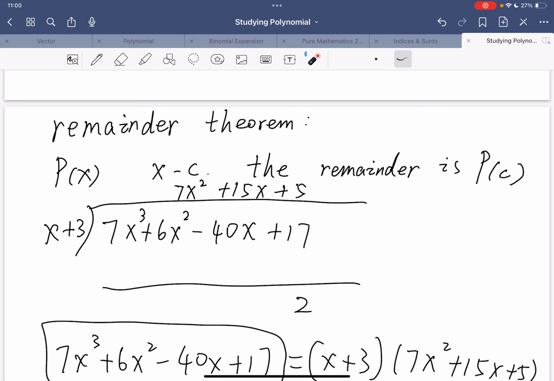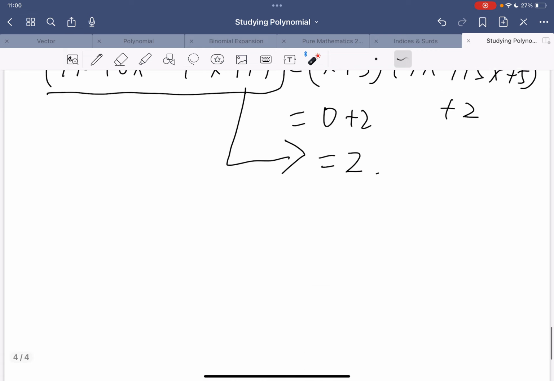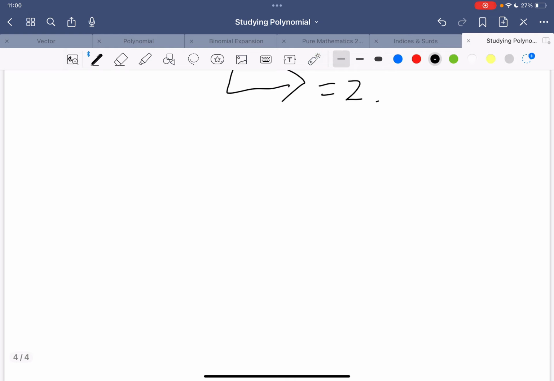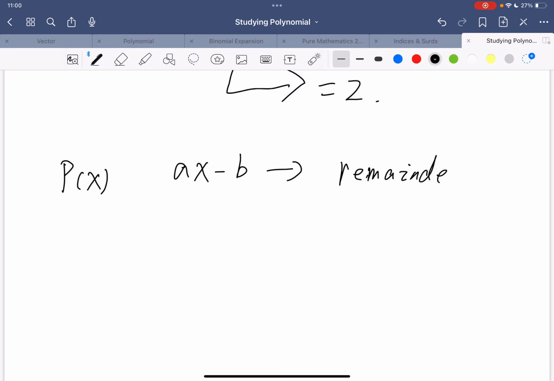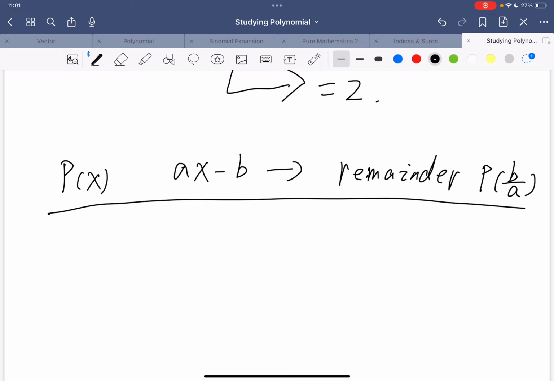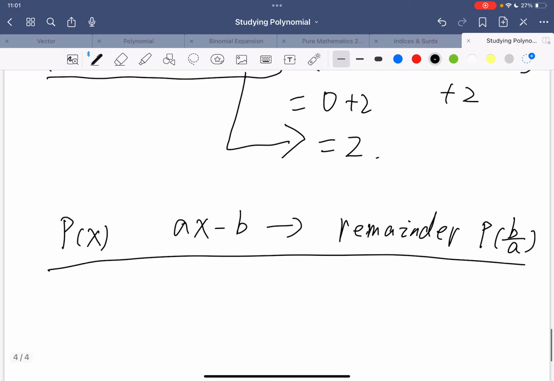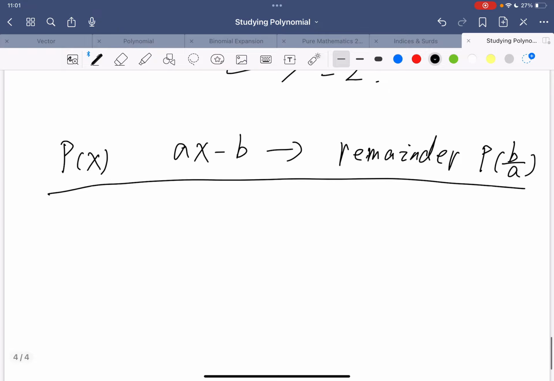It's the same theory as the factor theorem. So we can also extend this remainder theorem: if p(x) is divided by ax minus b, then the remainder would equal p evaluated at x equals b over a. Okay, so simply put, the same theory always applies here. But vice versa, okay? Also vice versa. Conversely,